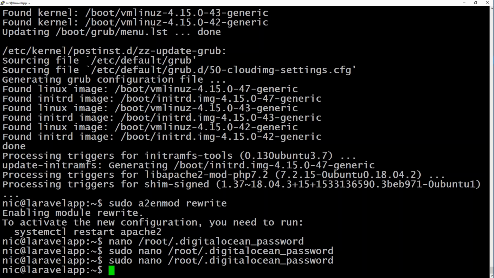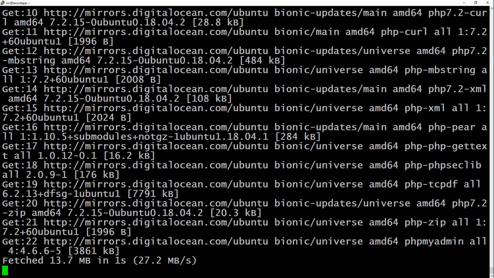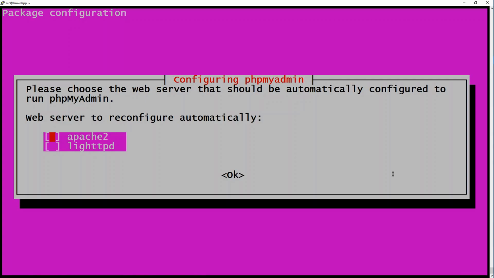Now we are going to install PHPMyAdmin. PHPMyAdmin installs a lot of the dependencies that Laravel needs. So let's install PHPMyAdmin. To do so, type in sudo apt get install PHP, enter, and at some point it's going to ask us for the password. We want to select Apache 2, so just hit enter on your keyboard,